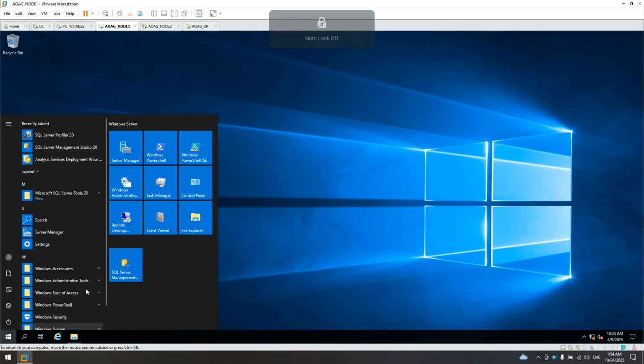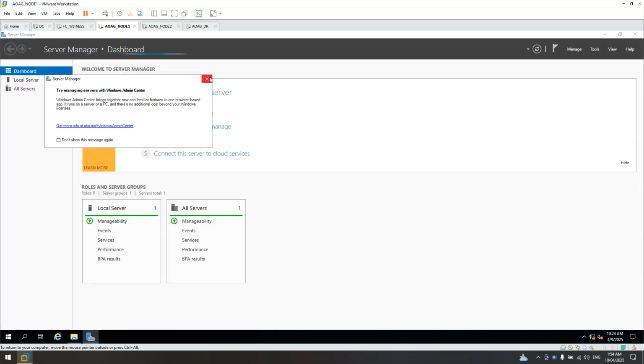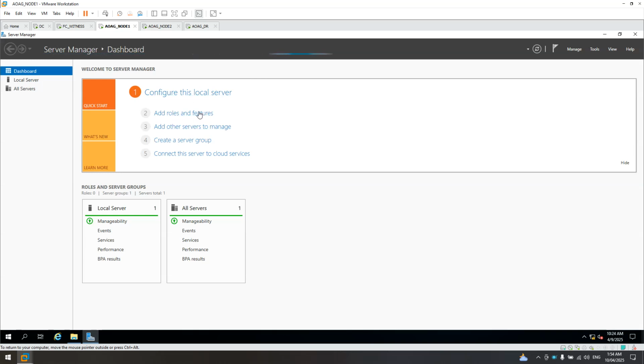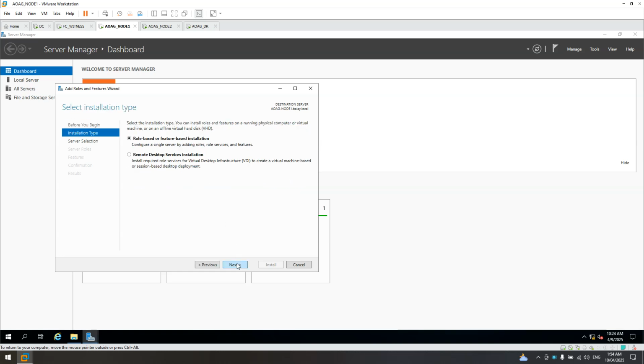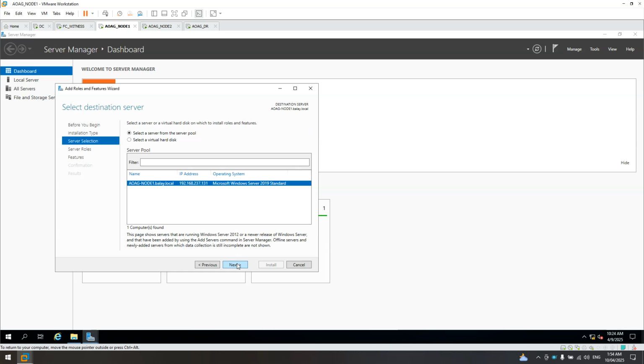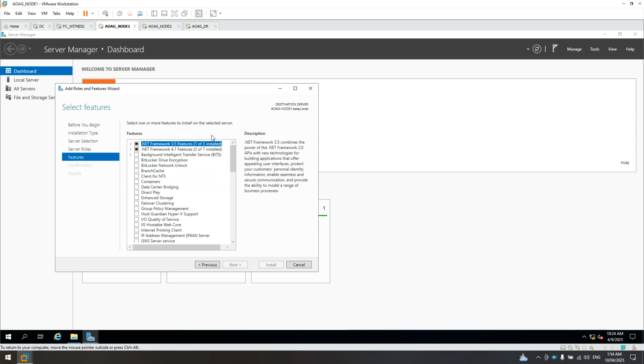Let's open Server Manager. Then in Server Manager, click Add Roles and Features. Then next, just next. On AOAG Node 1, just next. And for roles, leave that one, just next. In the features, let's maximize this one.